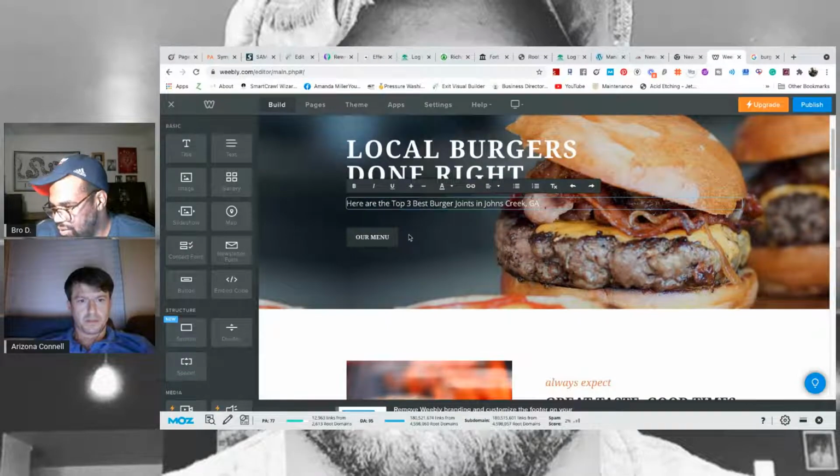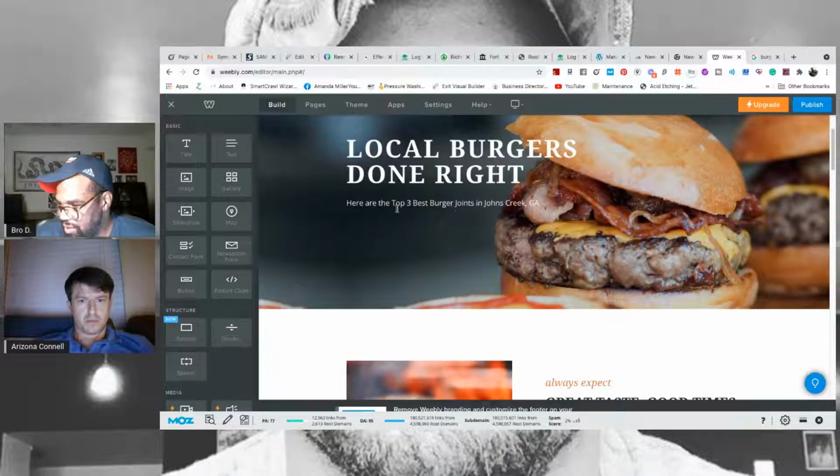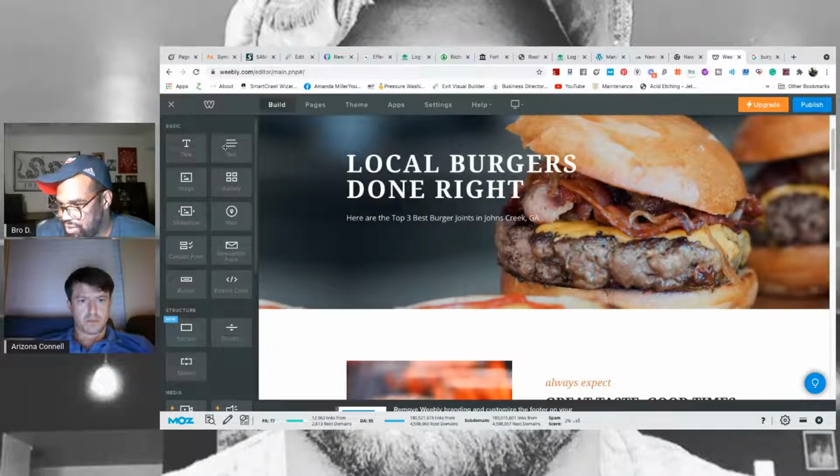I want to get rid of this menu thing because we don't need it. But instead of the menu, I'm going to put another piece of text.